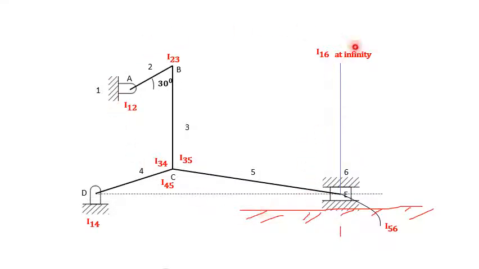So like this we can locate the instantaneous centers just by physical inspection. So here we have 8 instantaneous centers. Out of 15, 8 instantaneous centers we can easily mark on the mechanism just by physical inspection. In order to locate the remaining neither fixed nor permanent instantaneous centers, we have to use the circle method. So let us see how the circle method can be used in order to locate the remaining instantaneous centers.